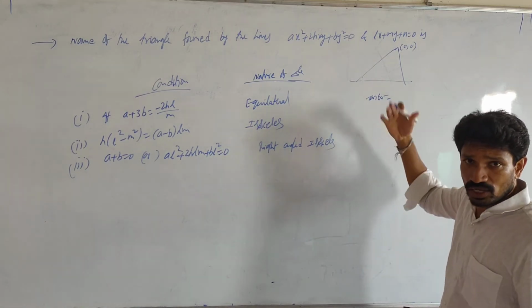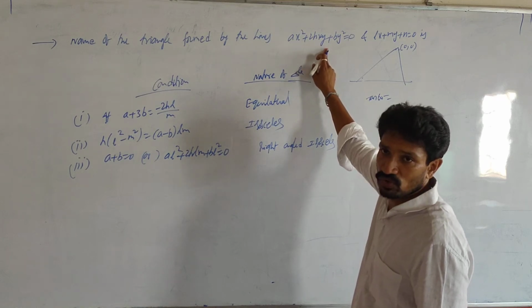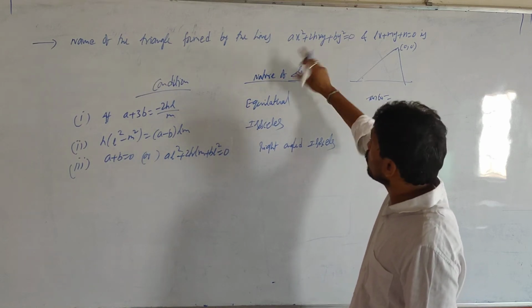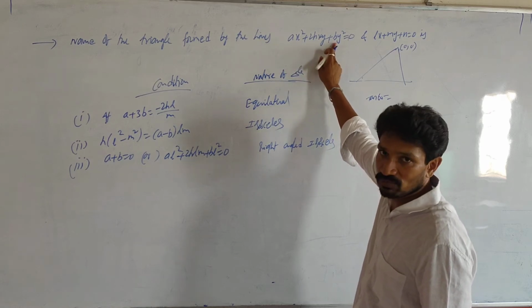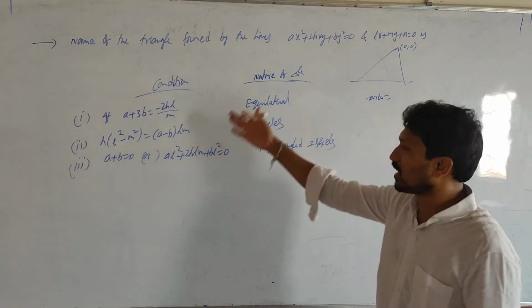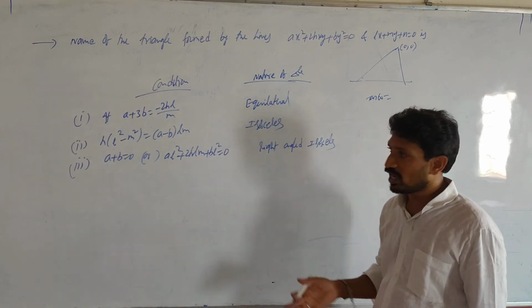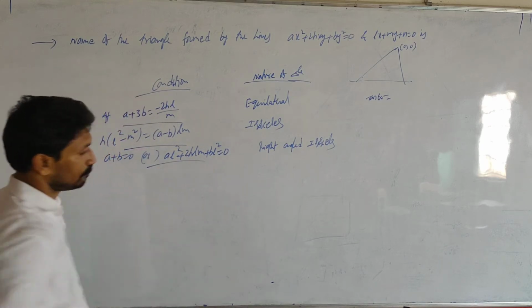Simplify, and you know the values after getting this one. So the sum of the slopes you will get, the product of the slopes you will get, or by comparison m1, m2 also we get in terms of a, h, b. Okay, so using that you can get the relation, but the proof is not important here, the formula is important. Please remember this formula.